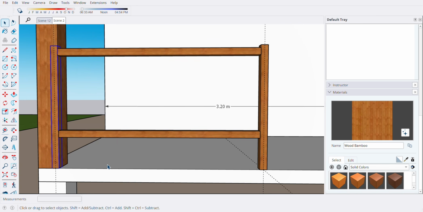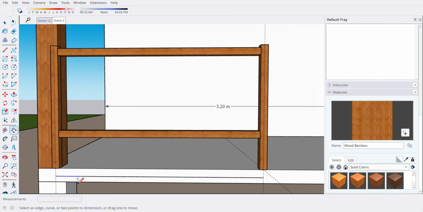So from that reference line we will make a single line and divide it by the number of segments. Let's say 8. So type 8 and press enter. So this one is divided already.